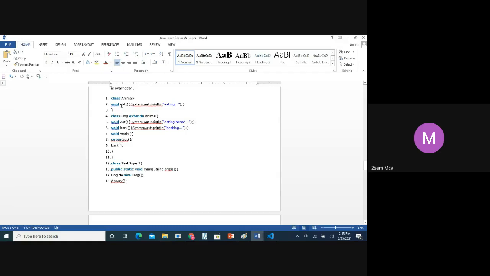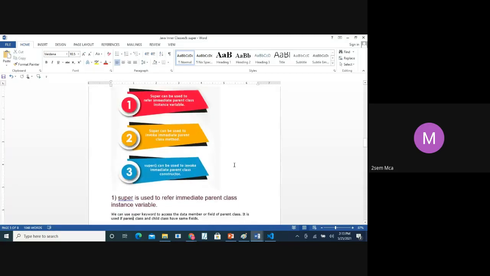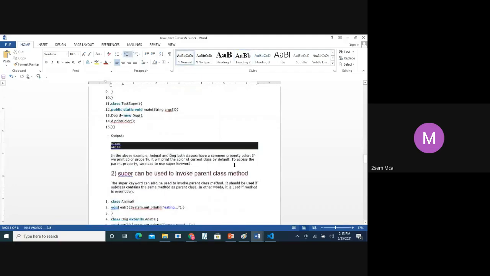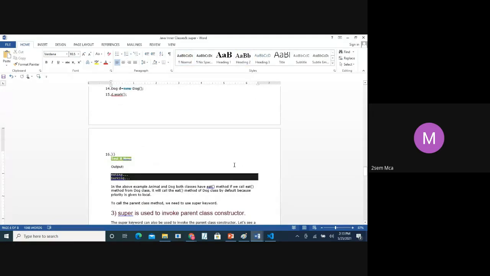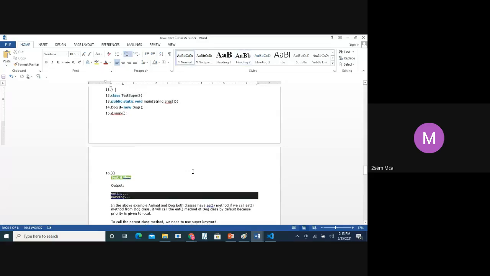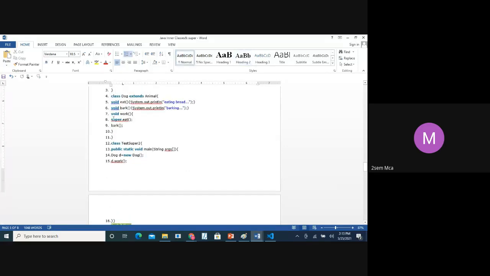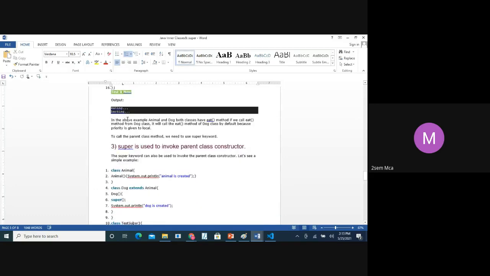The immediate parent is Animal, so in that Animal, eating is there, and bark in the derived class just prints barking. So the output of this program will be eating and barking. Not eating bread, right? We do have eating bread, and eat is also there in Dog, but because we are calling super.eat, it calls the base class eat method. This is about a method.